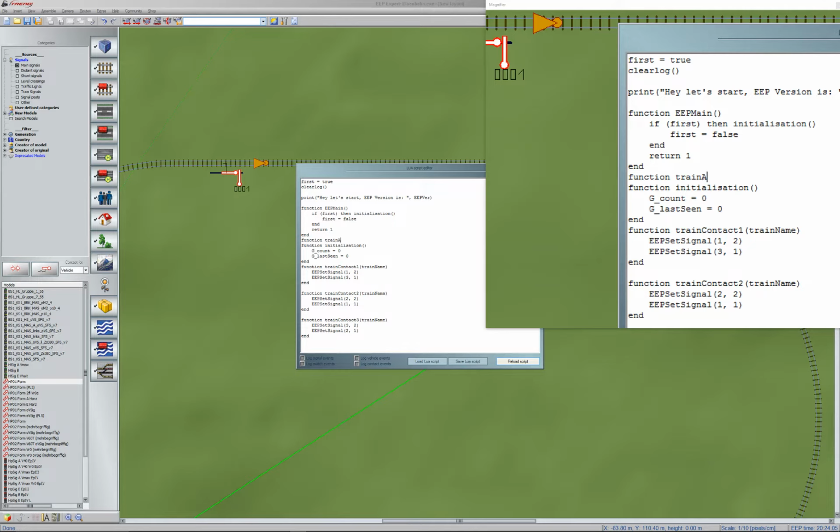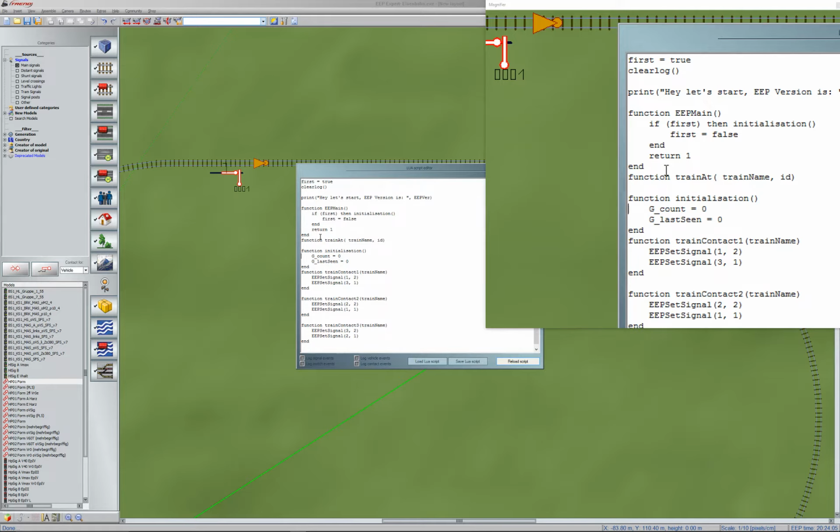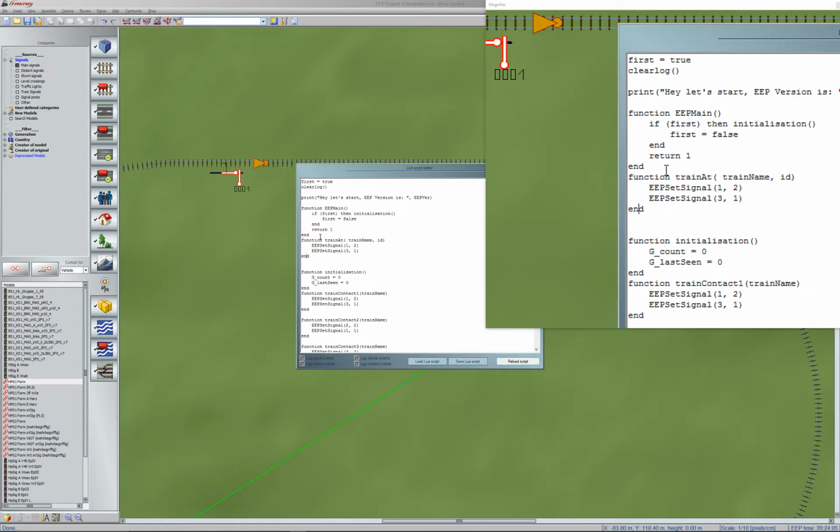So train passed, train name comma ID, and if I just copy this code, what I would then have is I could say I want to set the signal whose ID is the parameter that I've passed, and I want to set that to halt, and then I can have some control logic within my code to work out what signal I want to clear. It could be something simple like the